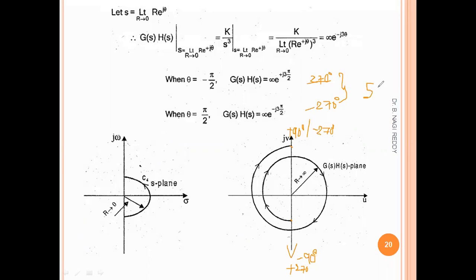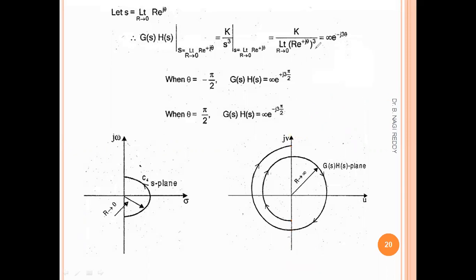So that means we need to travel 540 degree. That's why you can see the circle is starting at this point and traveling up to this point, we have covered 360 degree. This is the 360 degree point for a complete circle. But we need to cover 540, right? So 360 plus 180. So this is 540. So we have to draw like this. Okay. So this is for section C4.